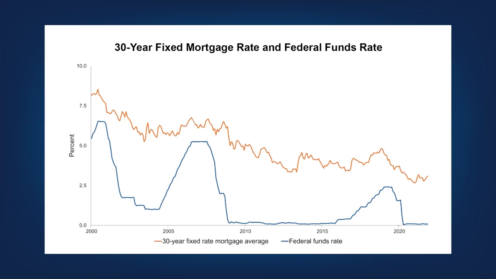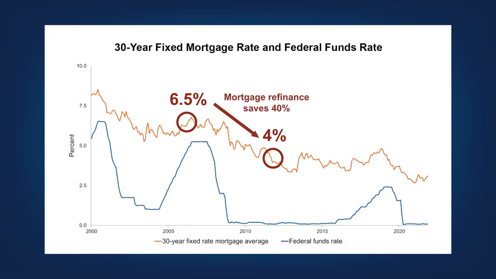Let's go back to the graph with the mortgage interest rate, but focus on the 21st century. In 2006, the mortgage interest rate was about 6.5%. In December 2011, it had fallen below 4%. A household that had not paid any principal could save almost 40% on mortgage interest expenses by refinancing their mortgage. And a lot of people did. Recent research found that the average household that refinanced saved almost $1,000 per month in mortgage payments.